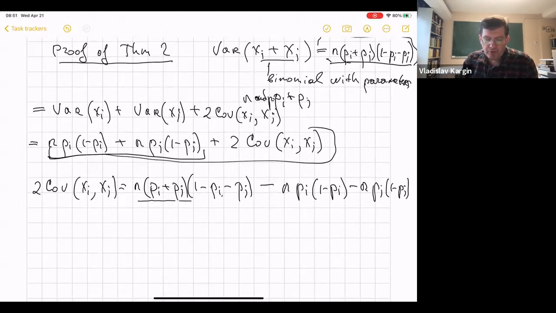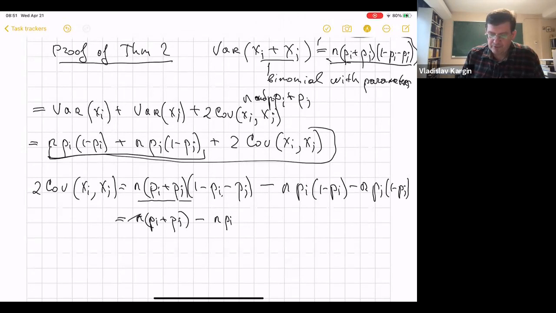So let us calculate it, what will happen in this case. So there will be n (pi plus pj) minus n pi. Let us write it systematically. Okay, so it's equal to